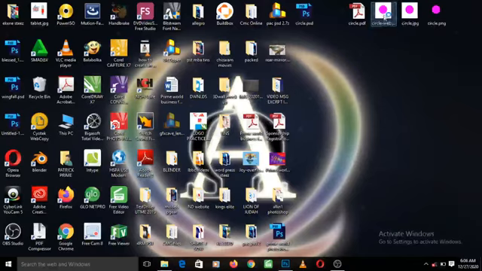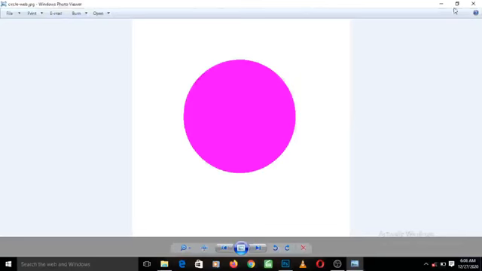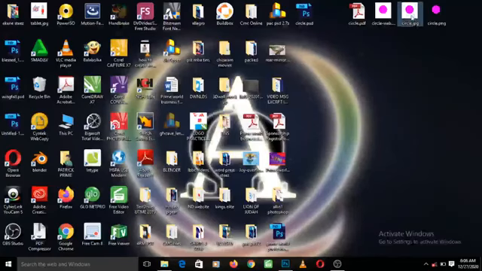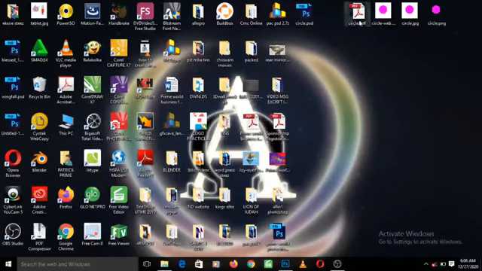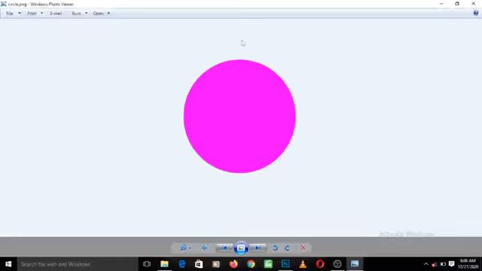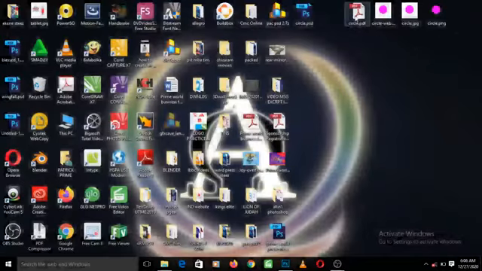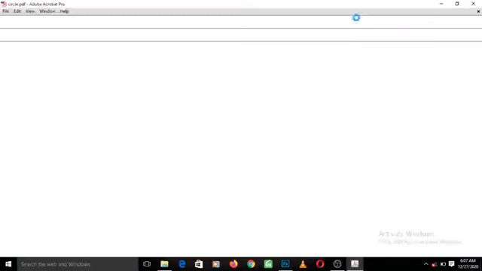Let me double click on it for you to view it. So this is how it looks. This is how the JPEG looks. You hardly notice a difference. For print, the one that is optimized for print. This is the one for PNG. Now take note, it doesn't have a background. As you can see, the white background is not showing because we saved it as PNG and we removed the background. All right, so this one is for PDF. Of course, you need to have a PDF application to view it. So this is the one that I said, you know,